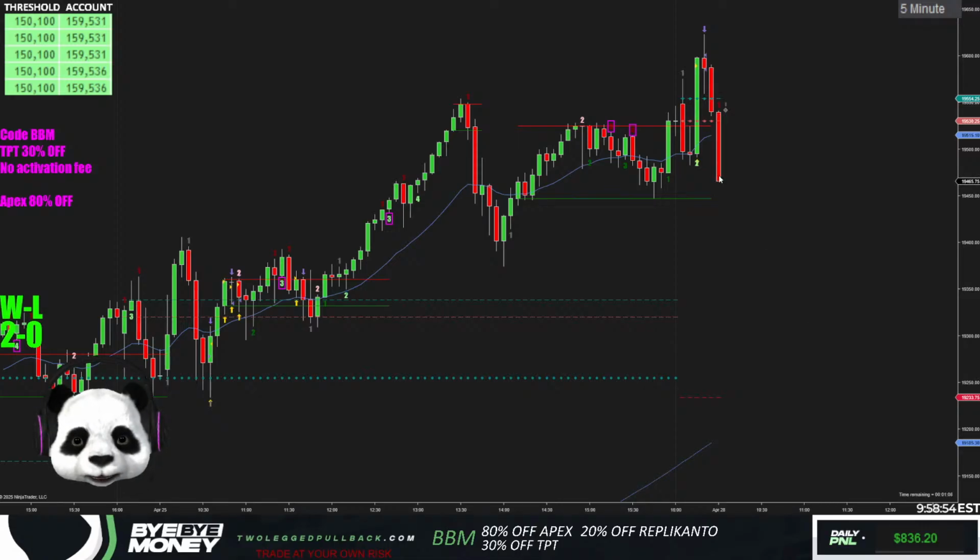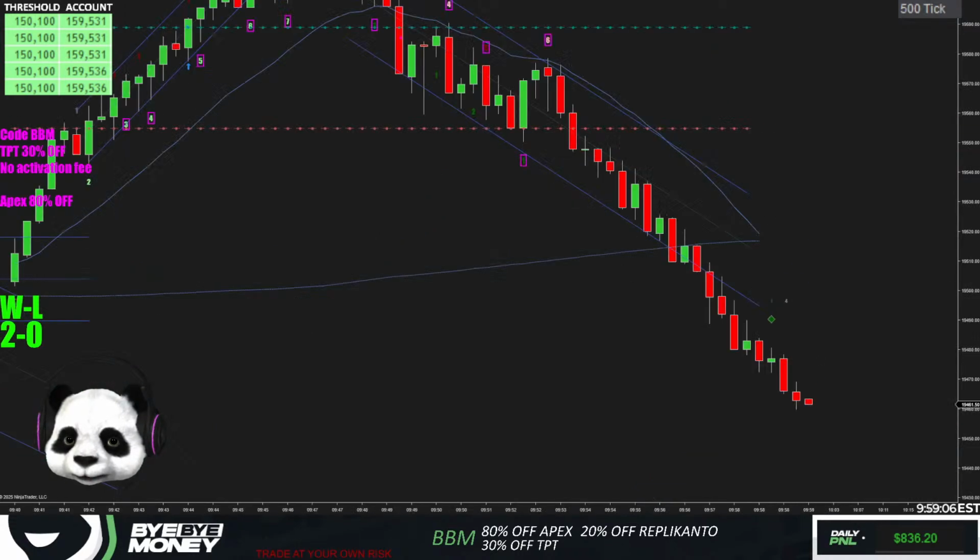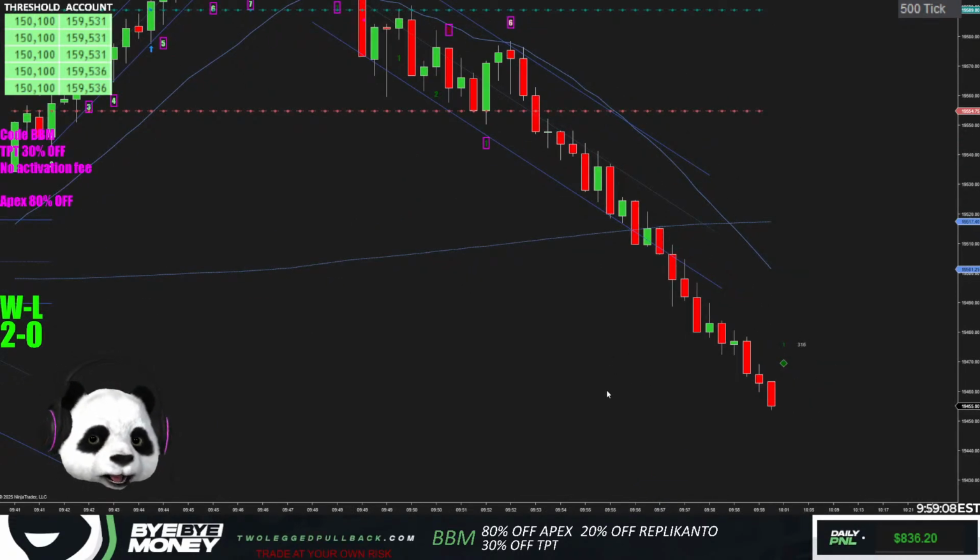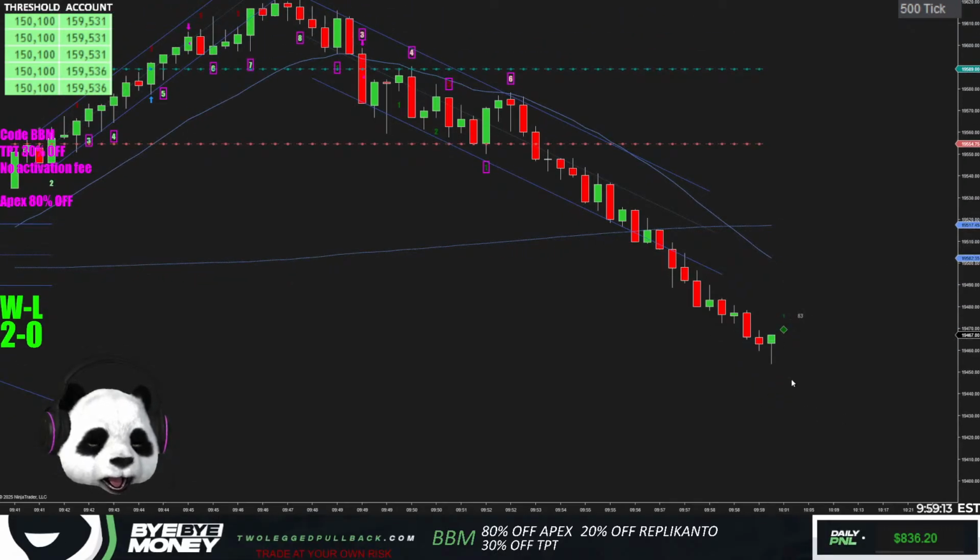Strong bear bar on the 5-minute chart. Huge bear bar. The important thing about this one is that if it closes as a strong bear bar here, it's beneath all these pivots. If we can close beneath this pivot, I think it's good. We haven't broken a previous candle's high yet on the 500 tick chart. This one might be it right here. Who knows? Okay, we finally break a previous candle's high. 22 candles it took.